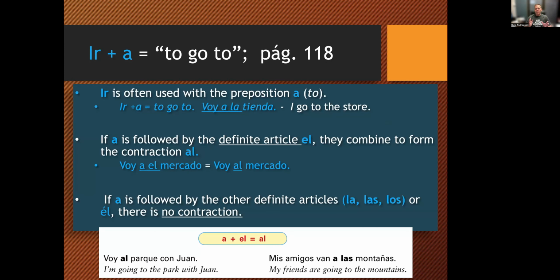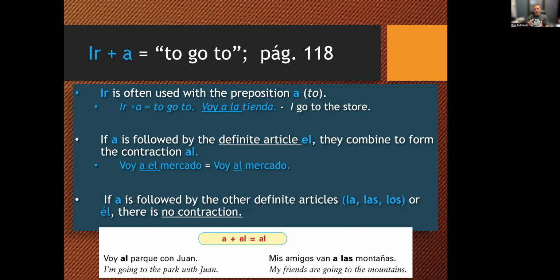Okay, one thing that's super common with the verb ir, and I would say super common to the point where I can think of very few exceptions, is that it's followed by the preposition a, which means to go. And if you think about how we use to go in English, the same thing, I'm going to the store, I'm going to do this, I'm going to say this. So the verb to go in English is usually followed by to. The exceptions that I can think of are things like if you add an adverb to it, you need to go quickly. You're not showing the intent of going somewhere or doing something. You're using an adverb to describe it.